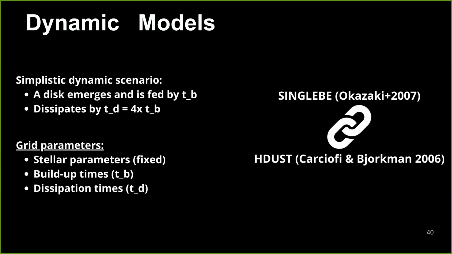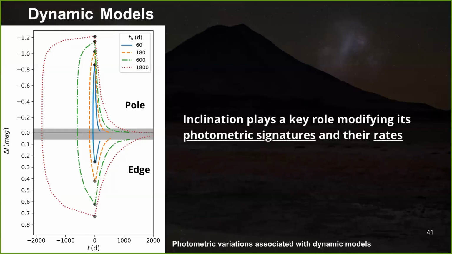And to do so, we link the SINGLEBEAR and HDUST codes, in the same fashion as Haubois 2012. Well, if we compare the two extreme inclinations, the pole-on side and the edge-on side, we see that